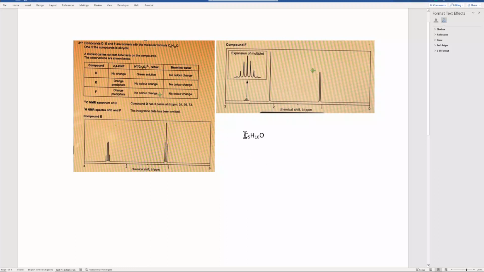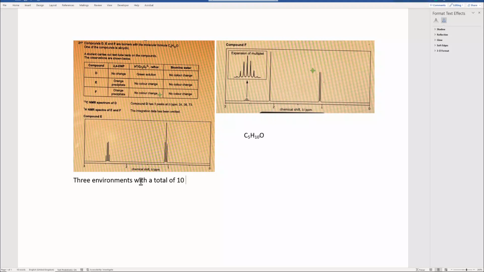The example we're given here is a molecule with the formula C5H10O. Alright, so what have we got? Well, in our spectrum, you can see there are 1, 2, 3 signals. That tells us that there are 3 environments. We'll just write 3 environments. So that means those 3 environments must house all 10 hydrogens. So there's 3 environments with a total